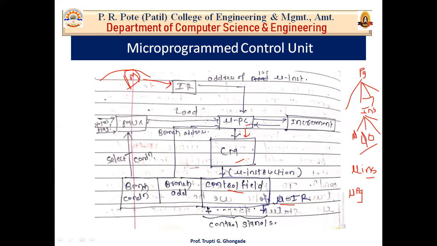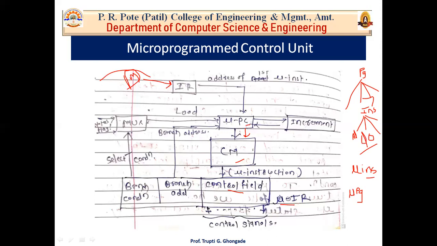So the only instance when a micro instruction will have a branch address is when there is a branch. If you go in a sequential manner, your micro program counter will get incremented. But if there is a branch, then there is a branch address, which will be loaded into the micro program counter, so that your micro program can take the branch and go on. Now a jump can be either conditional or unconditional. What an unconditional jump and a conditional jump are, we will discuss in the next unit. But right now, simply understand that a jump can be either conditional or unconditional.